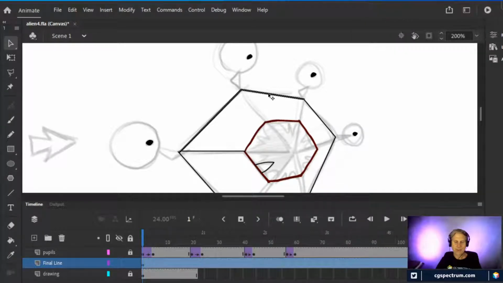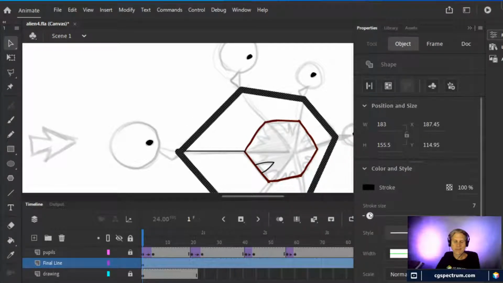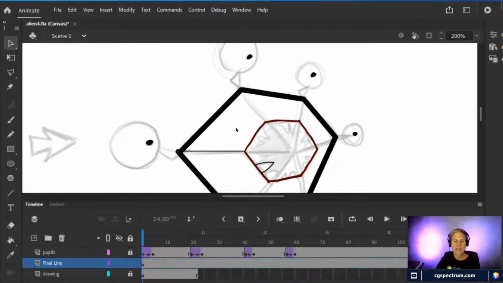That actually did happen at one point. I was like, oh, I want the outside lines to be a lot thicker than the inside lines. So I could just go into the properties and make it thicker. That's one of the many advantages to working with vector lines. But imagine if you wanted to give this some character, you probably would have to just go in and draw it. And you might never get the kind of subtlety of thicks and thins that you can get by drawing with a pencil, where you can build up a line and make it really nice and thick. So that's why I say it has its pros and cons.